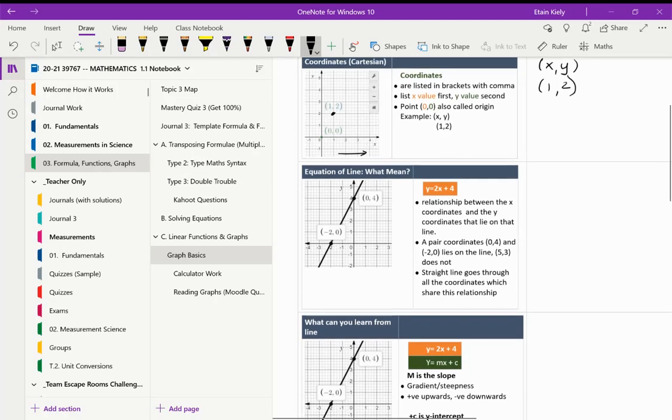When we have an equation or a function, we have this relationship y is equal to 2x plus 4. What this is telling us is that there's a relationship between the x and y coordinates, and that a pair of coordinates lie on this line. So this is the line here, y is equal to 2x plus 4. All points that are on this line should solve that equation, whereas 5 and 3 are not on that